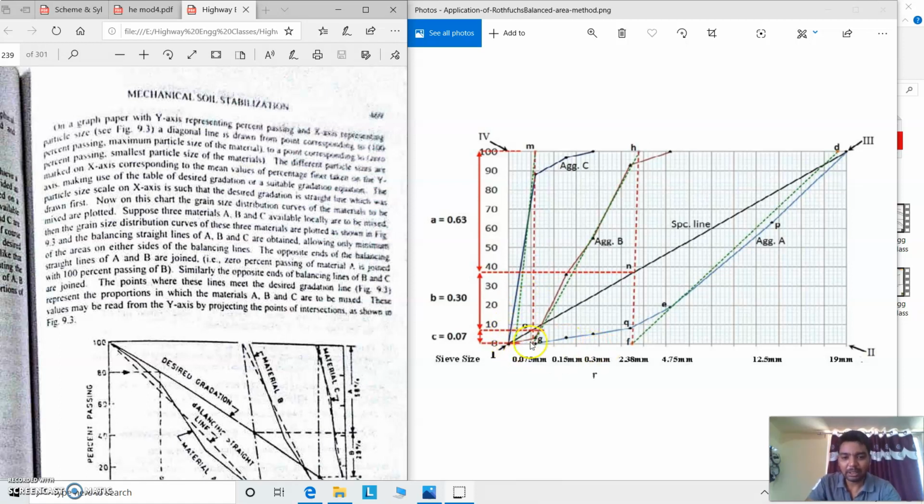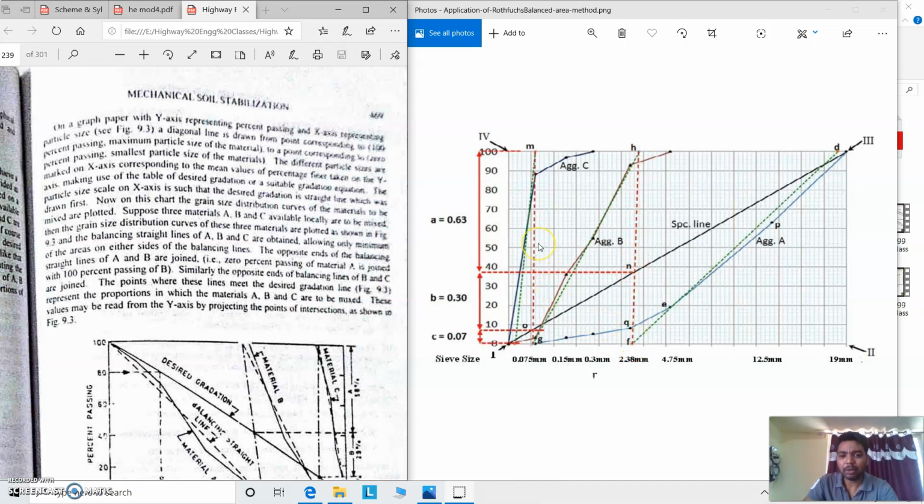Now I will consider aggregate C. Aggregate C is up to this 100 point, at the end of the aggregate C line and at the beginning of the aggregate B line. Now I will just observe the cursor here. The particular grade line is drawn like this, and this red dotted line is to be observed. You can observe this red dotted line, and this red dotted line is to be connected from aggregate C to aggregate B. Similarly from aggregate B to aggregate A, the red dotted line is drawn here.